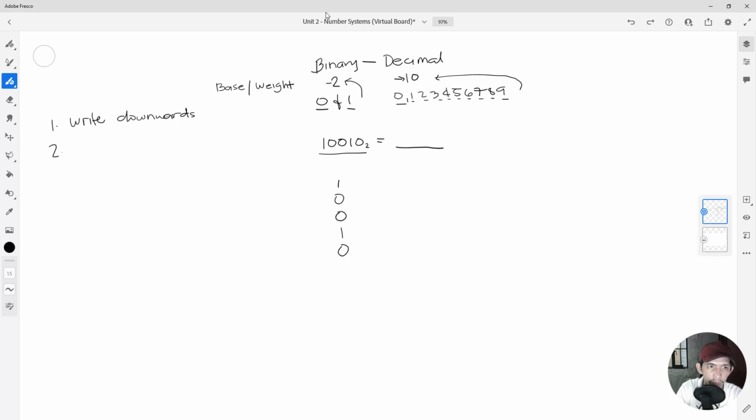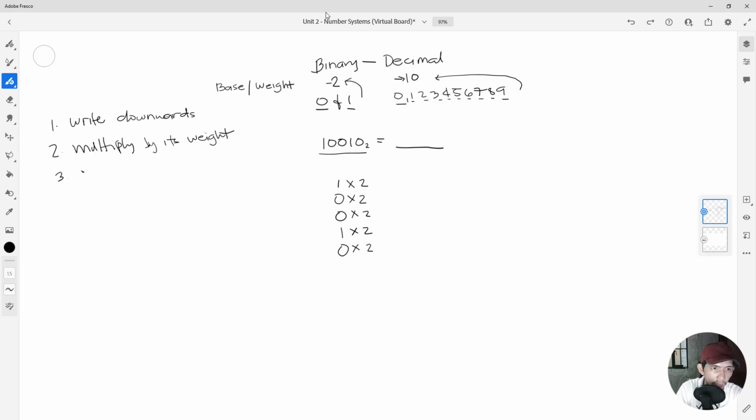So, step number 2 is multiply by its weight. Okay? So, ang weight ni binary is 2. So, multiply natin siya by 2. Okay? So, step number 3,